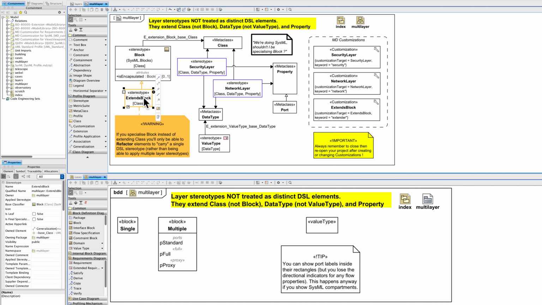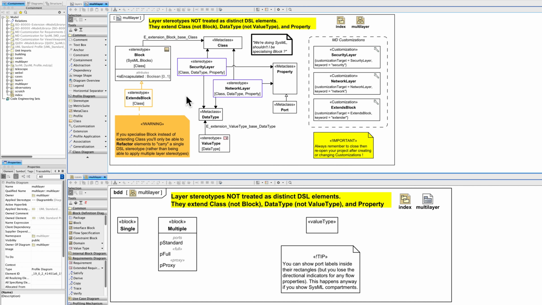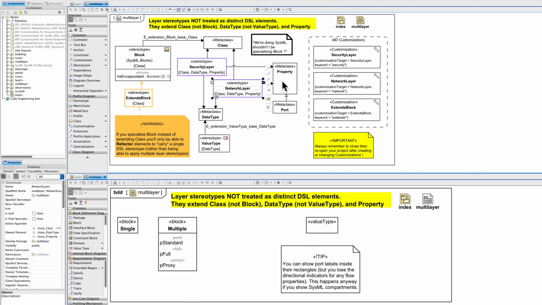To apply this type of stereotype, you have to in fact use the refactor element if you're applying it to an existing block. And if you set up hide meta type true on your customization, then you can also access it as a new element from context menus. Now we are going to look at that in detail later, but firstly I'll just show you how you can apply layer type stereotypes multiple times. So here I have a security layer, a network layer, and they have customizations here,